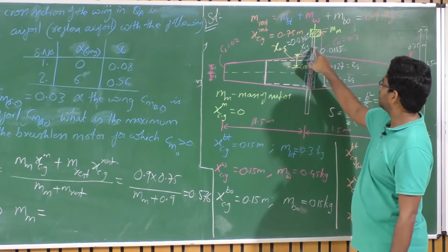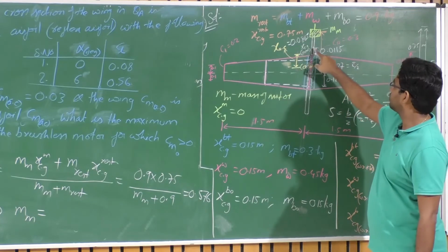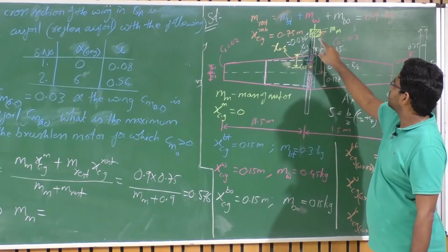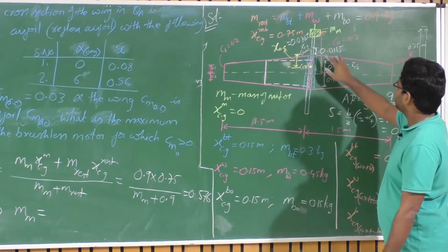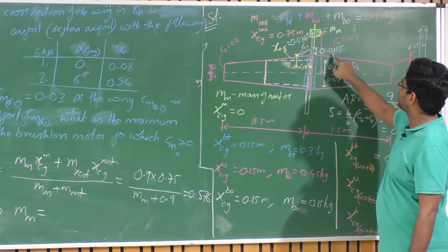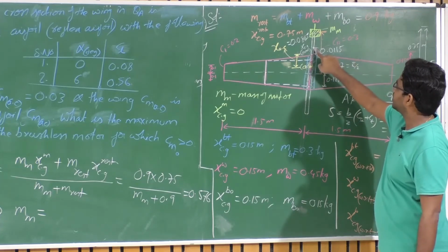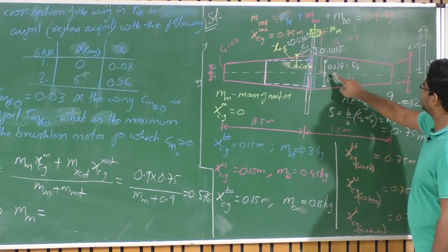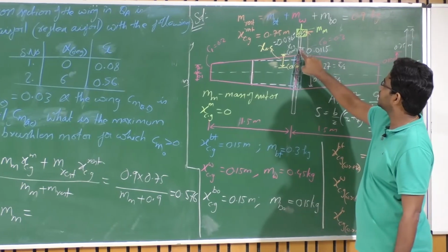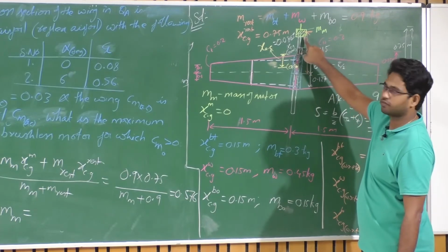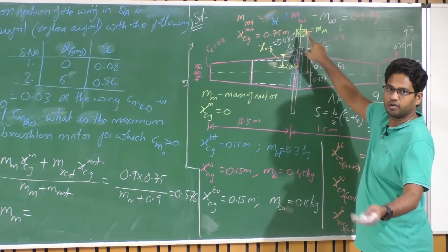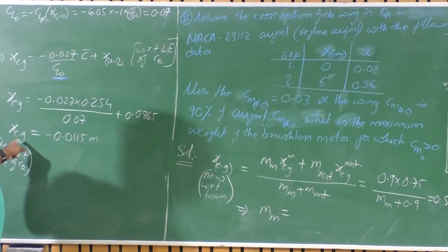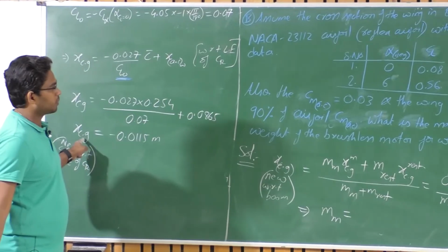Now adding a motor to make Cm naught 0, so a mass of motor that makes Cm naught 0. This is the new CG location, which is 0.015 meters ahead of the leading edge of the root chord. I need to bring the CG from 0.75 meters to this new CG location by adding a motor of mass mm. So I have this xCG here, and this must be the new location.